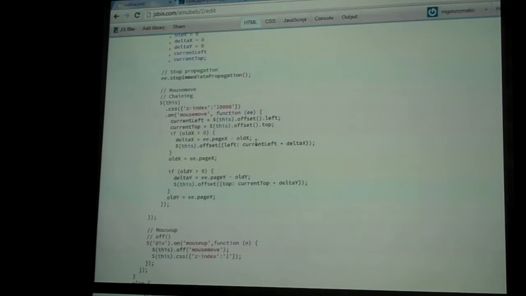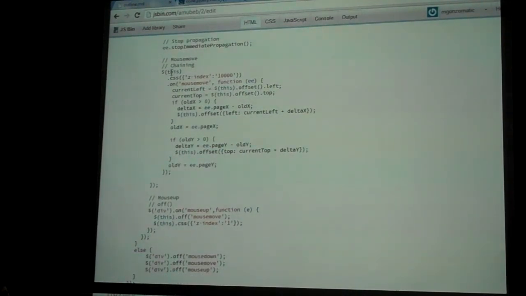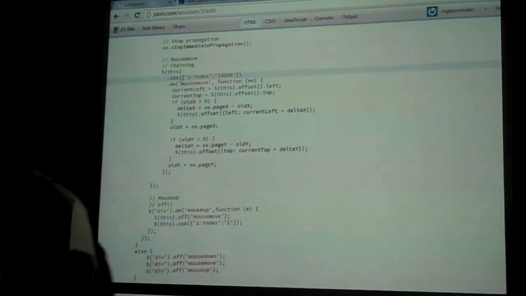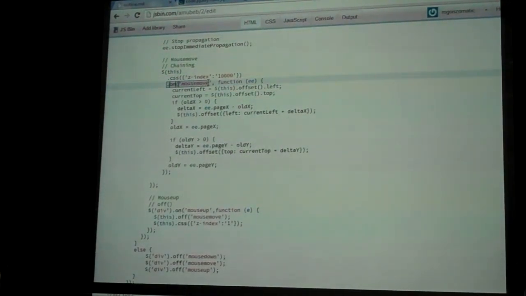So after we stop the bubbling, then I go ahead and move. I change my Z index. I'm still chaining here, just like I did on a single line. I just dropped them down to make it more readable. So I have my this, and then I change the CSS, change my Z index, and then on mouse move,